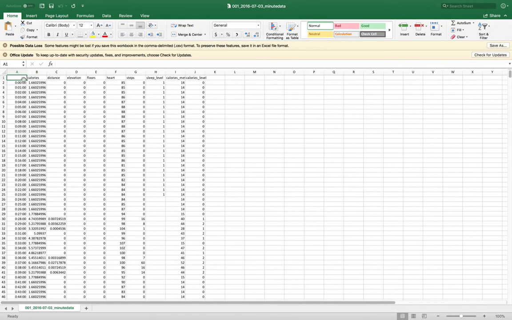The first row of a CSV file is usually called the header, and the header has information about the names of the columns. For example, this column here stores information about calories burned, distance traveled, elevation, floors, heart rate, steps, sleep level, etc. This data is information that I've downloaded via the Fitbit application programming interface, or the API. And this represents real-world, minute-by-minute Fitbit data. The first column, though it's unlabeled, represents the timestamp. For example, midnight, 12:01, 12:02,